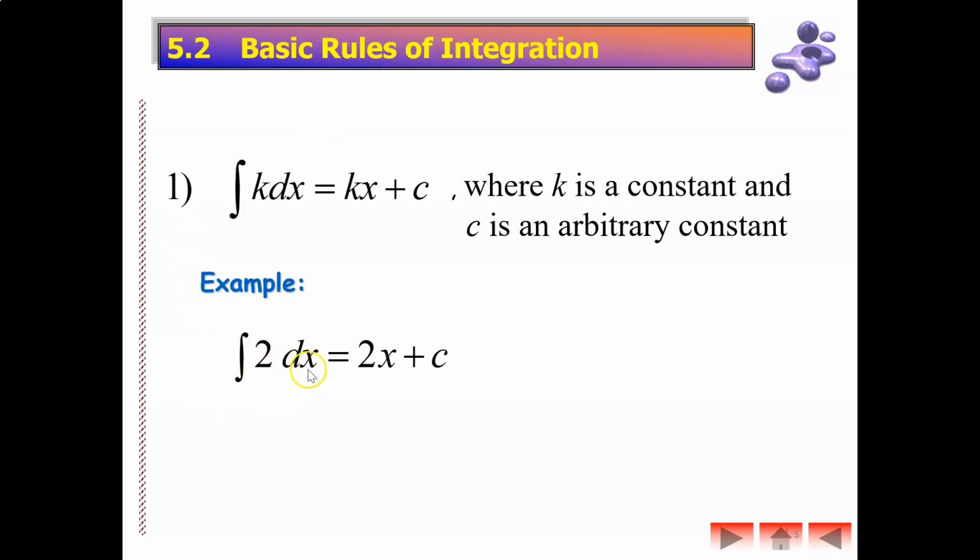So this is the example. Integrate 2 dx equal to 2x plus c. So all you have to do in integration is you just need to add x at the end. You see, integrate 2 dx, you will get 2x plus c. Don't forget your constant over here. So if we recall back when we perform differentiation, if let's say we want to differentiate 2x over here, you differentiate 2x, you will get 2. See, it's actually kind of